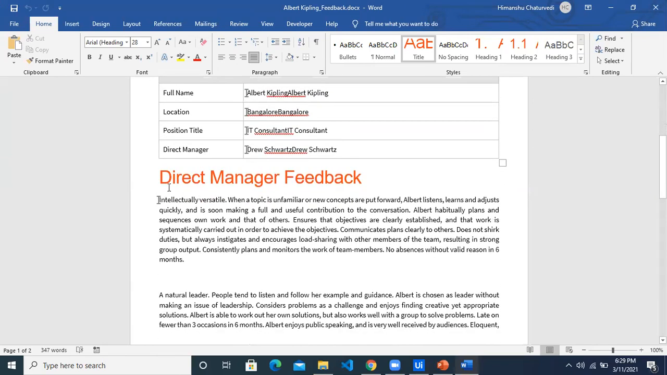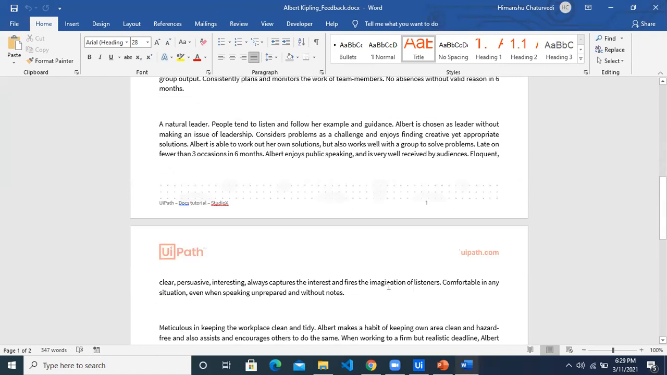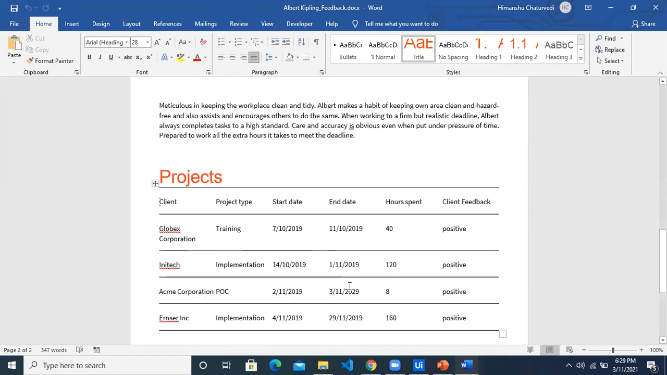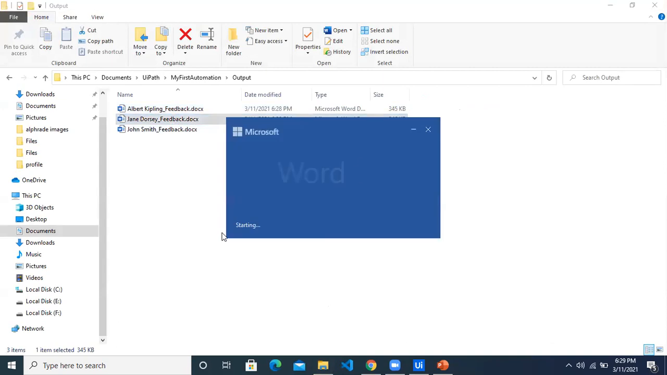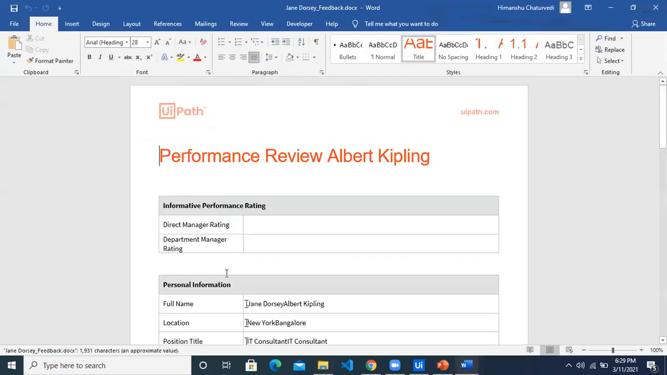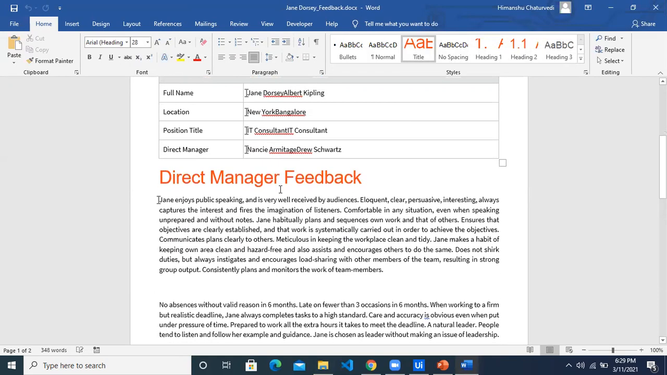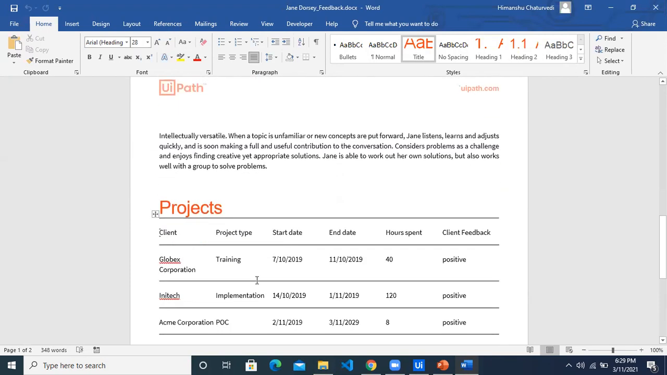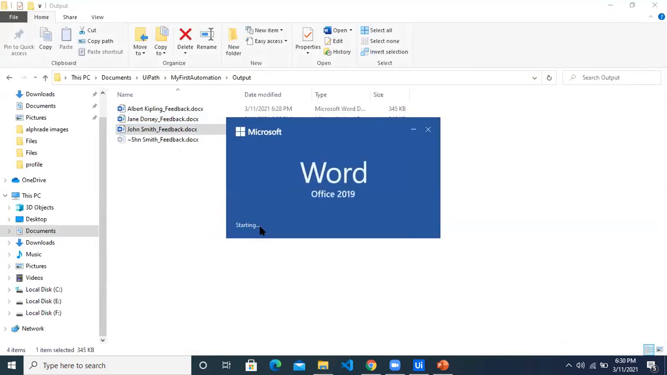And then we saw in the direct manager feedback from the text file, we have all the values. And under the projects, we have the whole tabular data right now here. Similarly for the other employees as well, we can see the values for Jane this time. And again, the manager feedback and the project details. Similarly for John,